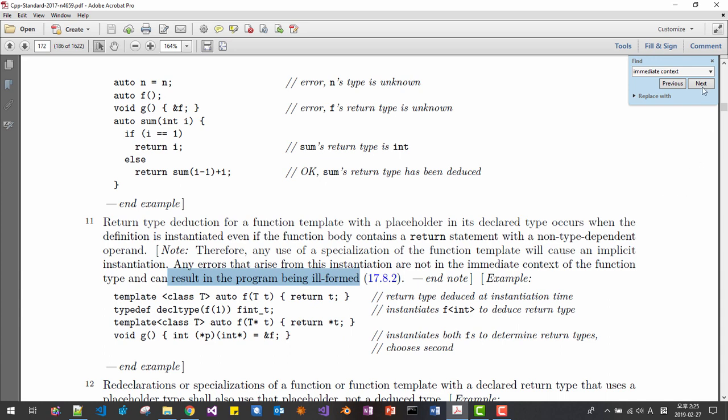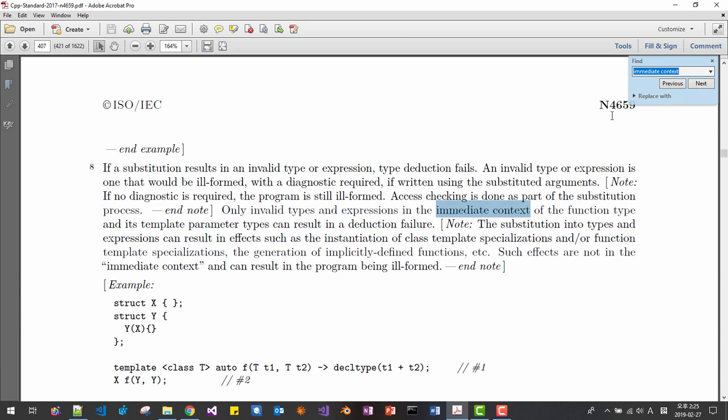Then I searched again a while later, and on page 421, access checking is done as part of the substitution process. Only invalid types and expressions in the immediate context of the function type and in its template parameter types can result in deduction failure.